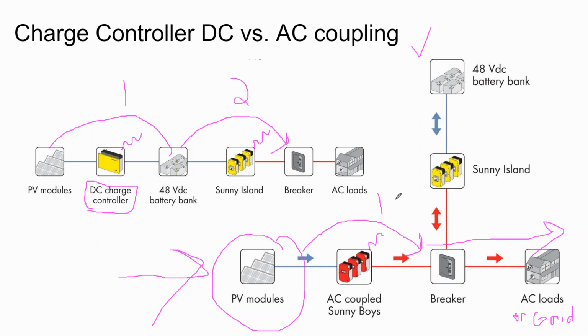Whereas if you're using the batteries on a regular basis by charging them and discharging them, under AC coupling you would have to charge them, that's step 2, with a little bit of efficiency loss, and then discharge them, that's step 3, with a little bit of efficiency loss. And so if you're living off grid, where the goal is you're using your batteries most of the day, DC coupling is going to be a little bit more efficient than AC coupling.